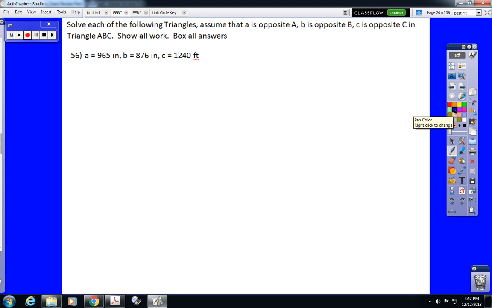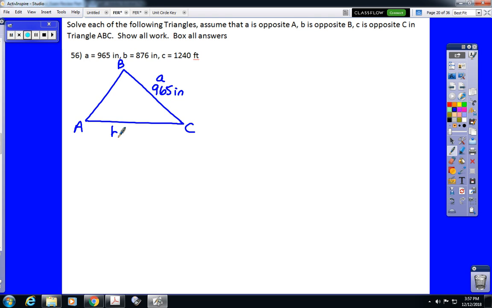So, again, we need to start off by drawing a picture. We're going to draw a generic triangle. Doesn't matter if it's accurate or not, as we're just going to apply our rules for triangles either way. Now, this particular problem gave us all three side lengths. Little a is 965 inches, little b is 876 inches, and little c is 1,240